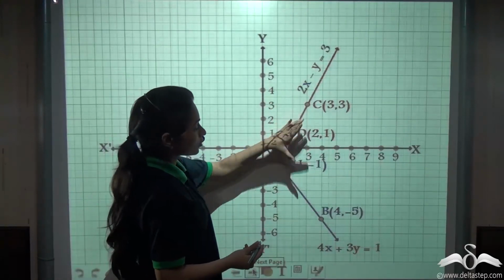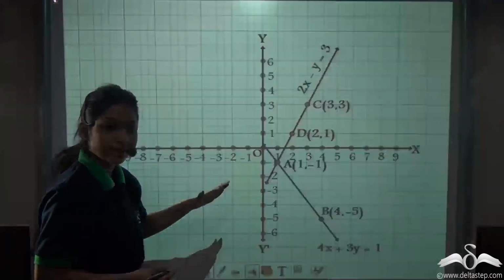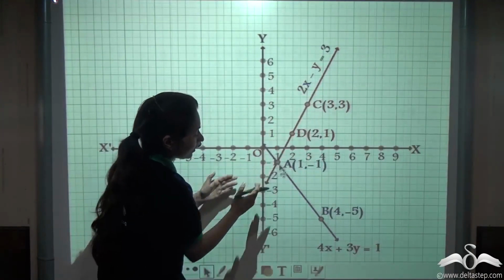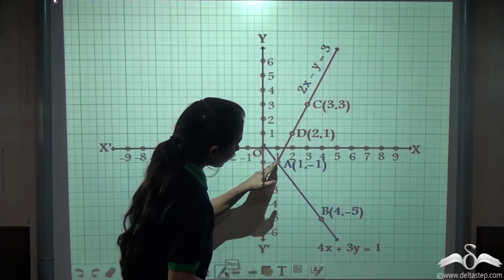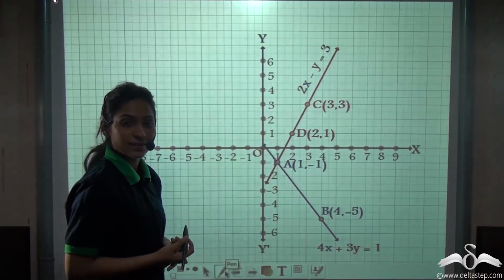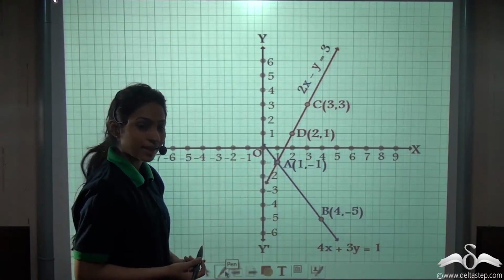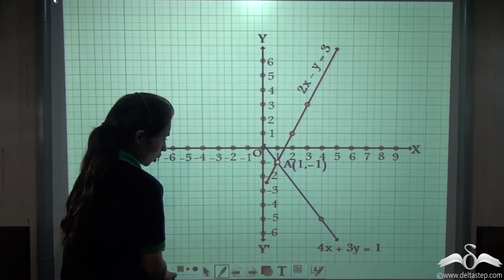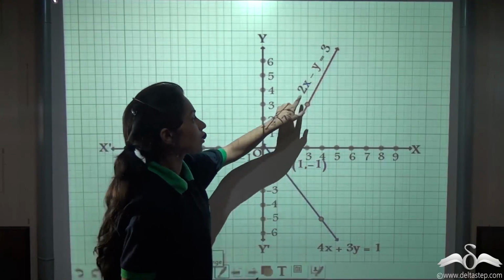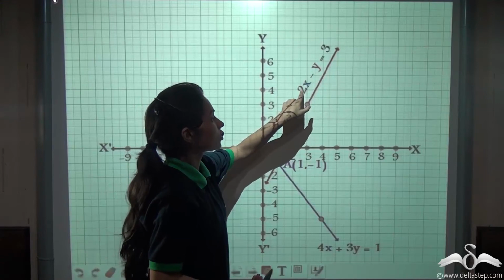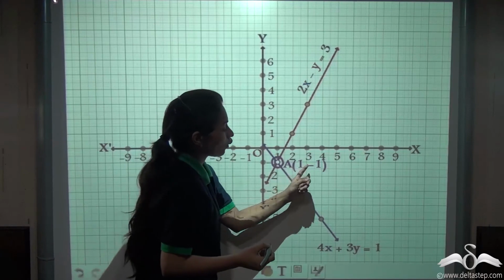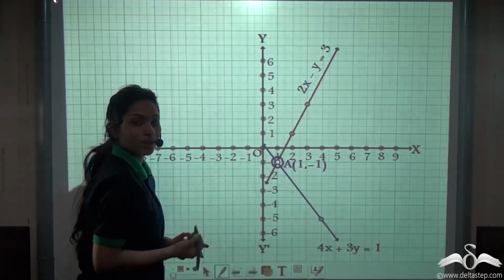So you can see when these two lines were not meeting, we extended it. The extension should be straight and not otherwise. So you can see after extending, they are intersecting at this point. So now tell me what is the solution of both of these lines? Just by looking at the graph, you can see that this point A, which was the solution for this, is also the solution for the red line. That is the second equation, which is 2x minus y is equal to 3. So this point, which is the intersection point, 1, minus 1, is the solution for both these equations.